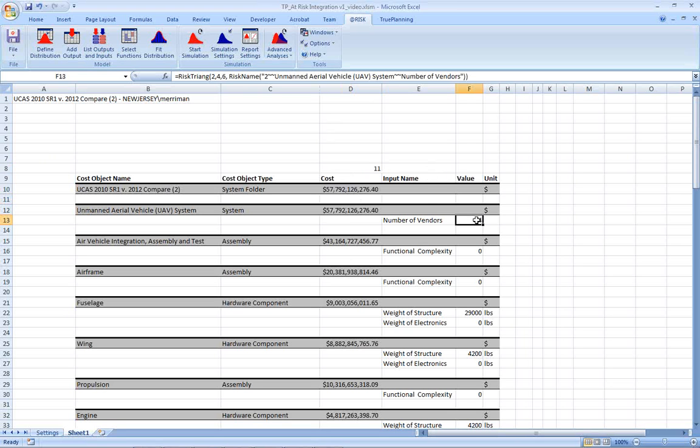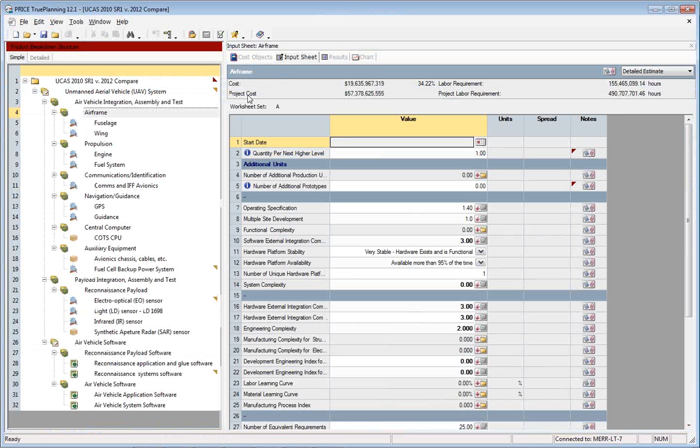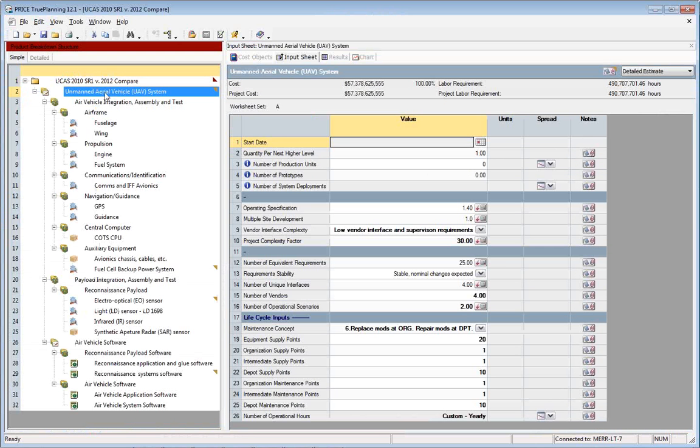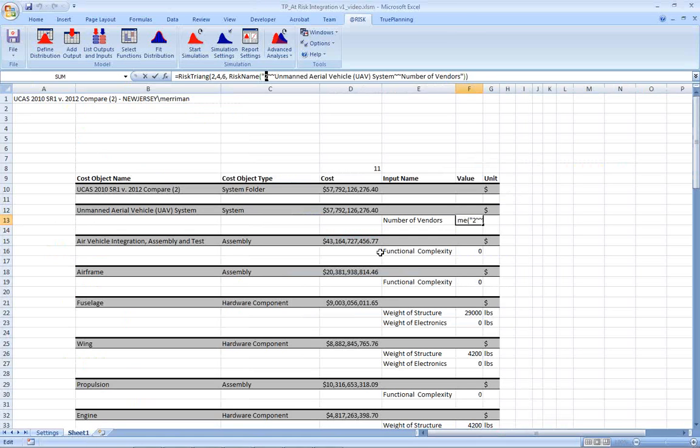you're going to see that we give them a name. The name follows a convention. This is its number in the PVS, so 2, for example. We go back here, you'll see 1, 2, unmanned aerial vehicles. This is 2. Air vehicle integration would be, sorry, here, 3, so 3. And then you have double tilde, and then the name of the cost object, and then the name of the